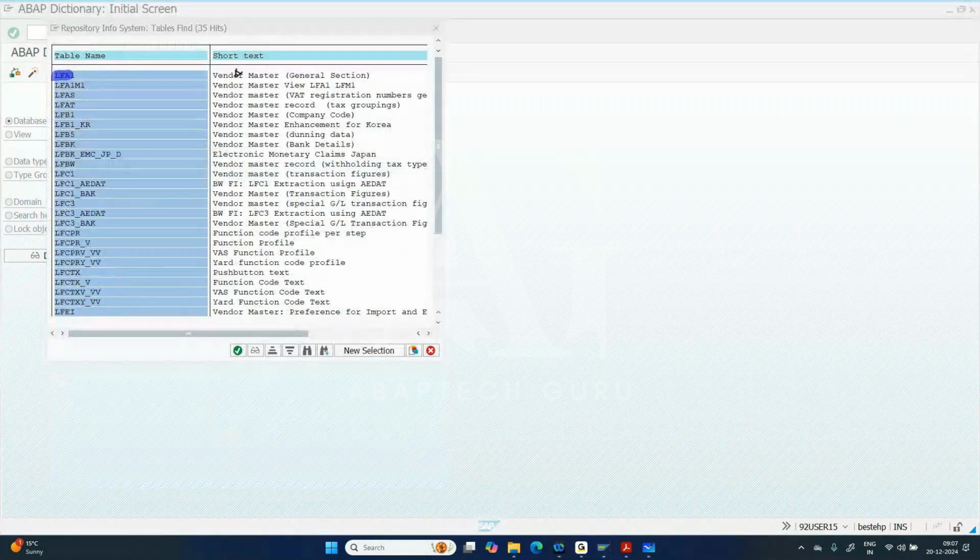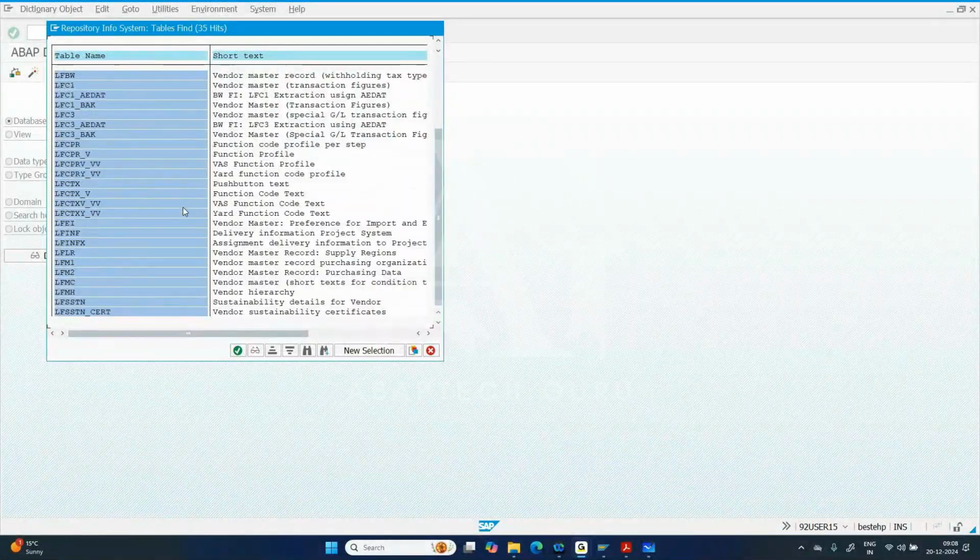LFA1 is going to store the vendor master data. Next, LFB1 is going to store the vendor master data at the company code level. Then we have discussed LFBK, which is going to store the bank details. Then LFC1, this is going to store your transaction data. Then we discussed LFM1 as well. Now if I scroll down, LF, can you see